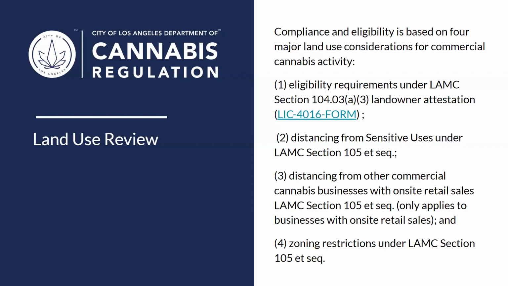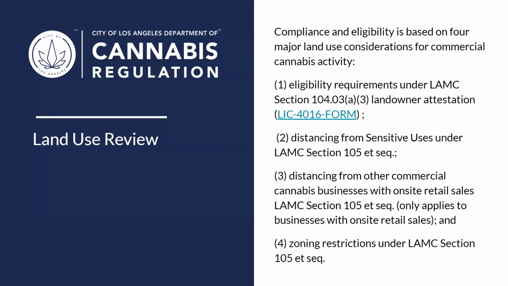For retail storefronts, there's a number of sensitive uses that DCR has to take into consideration. For any commercial cannabis activity that does not include on-site retail sales, we're only worried about whether or not the proposed location is within 600 feet of a school for all of the application types that